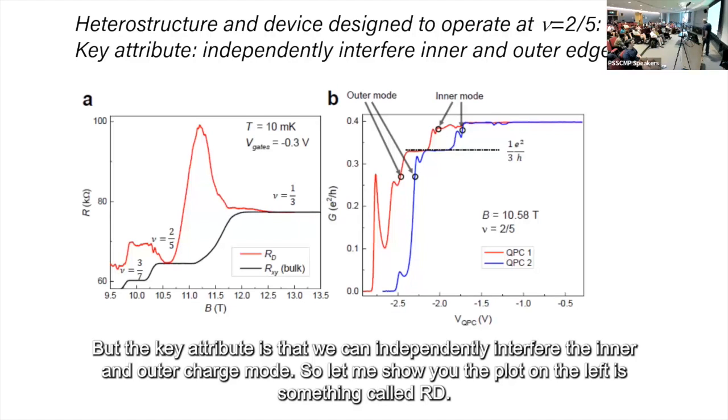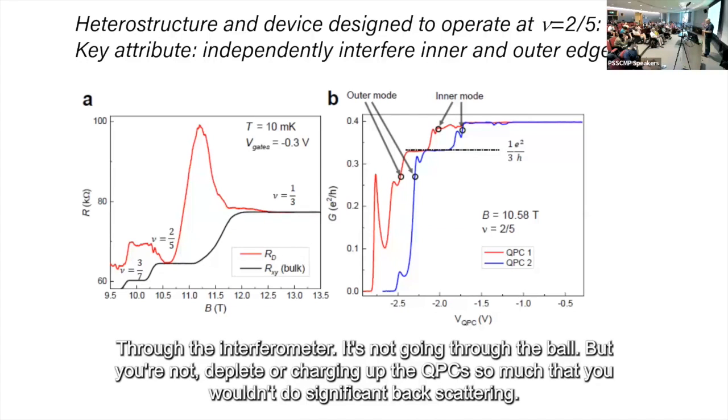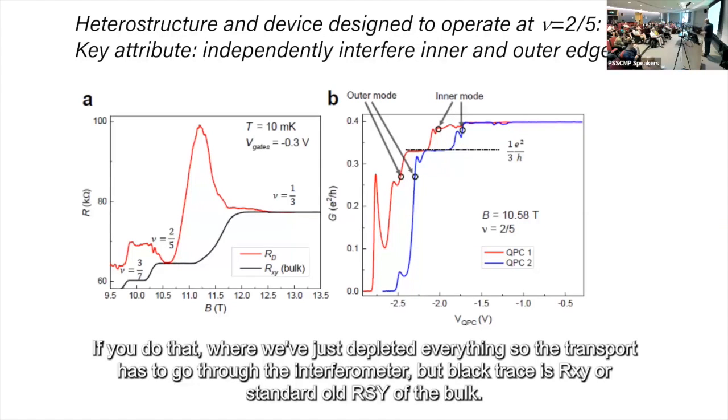So let me show you, the plot on the left is something called RD. You deplete the gates, the QPCs, the plunger gates, so transport has to take place through the interferometer. It's not going through the bulk. But you're not depleting or charging up the QPCs so much that you induce significant backscattering. If you do that, where we've just depleted everything, so the transport has to go through the interferometer, the black